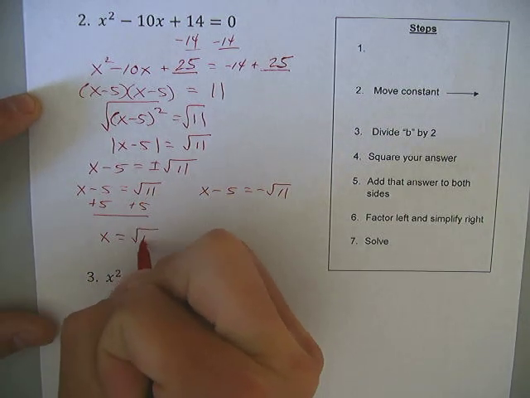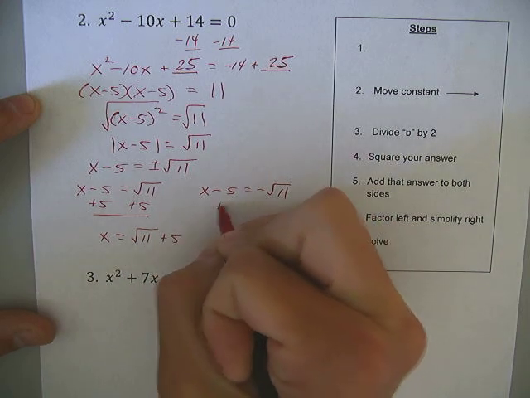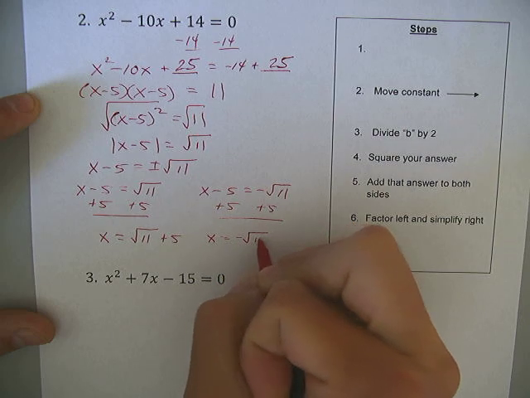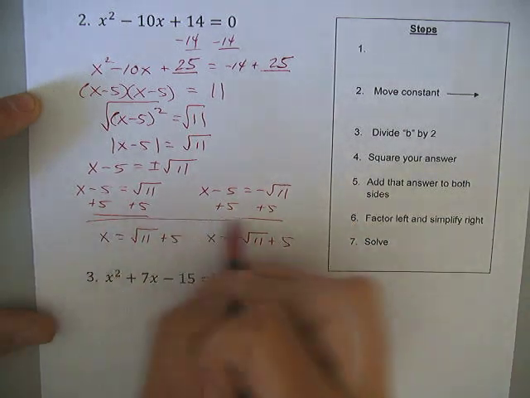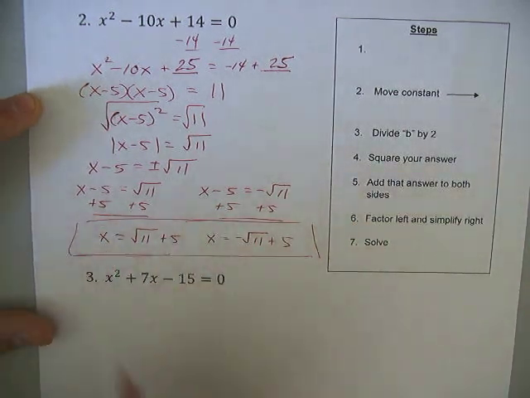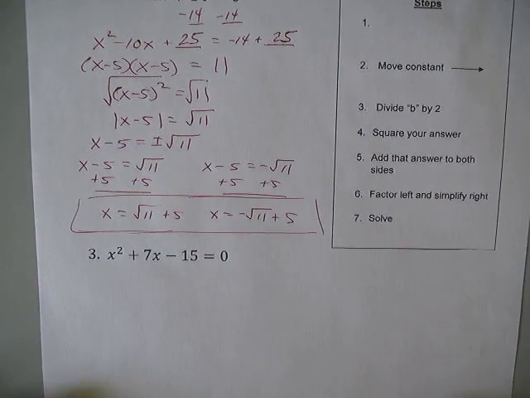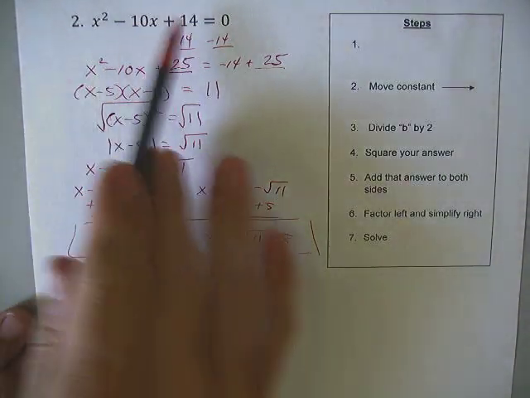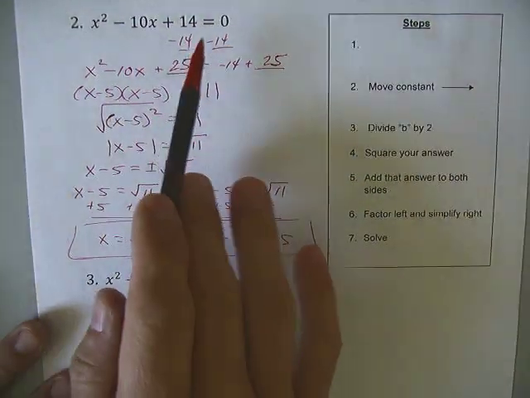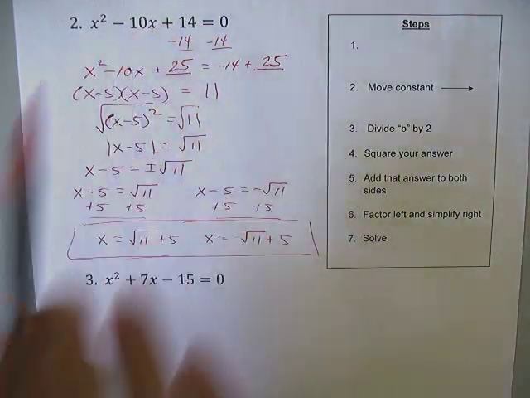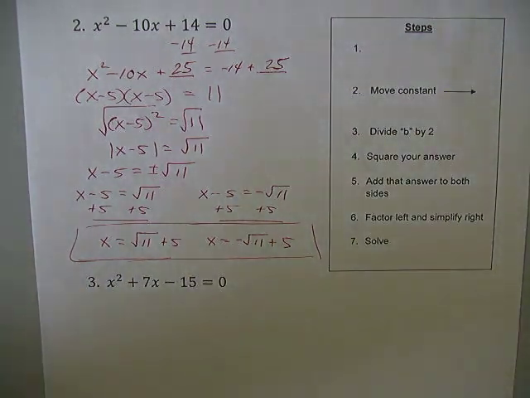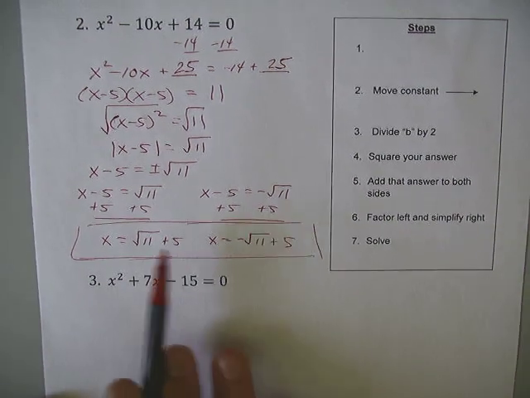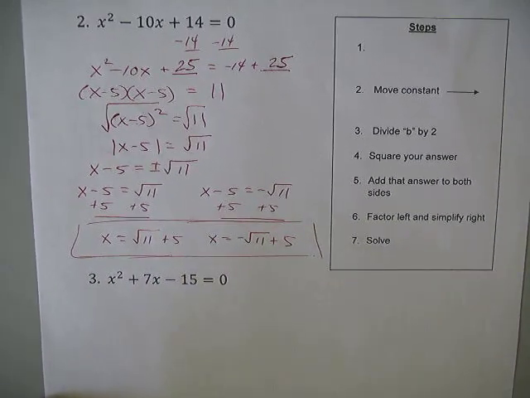So it becomes x minus 5 equals positive root 11. X minus 5 equals negative root 11. Last step, add 5. Can't combine them, so it just becomes root 11 plus 5. And this one over here becomes x equals negative root 11 plus 5. And this is the type of problem why the square root method is important, because factoring wouldn't work